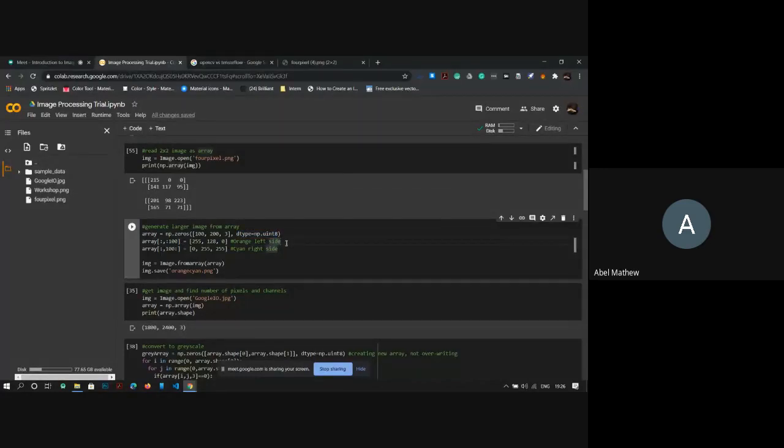That's the basics of how np.zeros works. It is going to create a 100 cross 200 cross 3 array. Each corresponding value will be an 8-bit integer, and everything will be 0 when we initialize it, because np.zeros is a function to create an array with all values as 0.